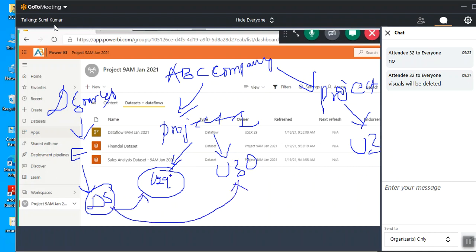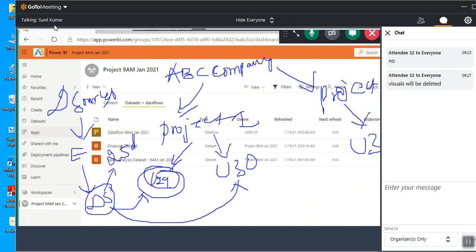They created the reports. In companies, I said that when the data set is complex, how much time might it take, guys? To create it, it might take 15 days or 20 days also. So take an example, user 29 created this data set.